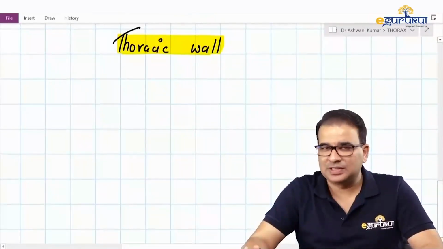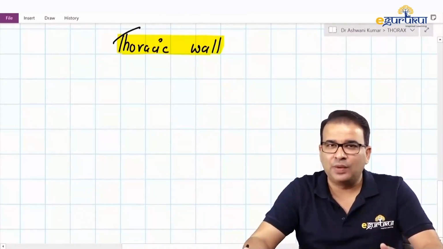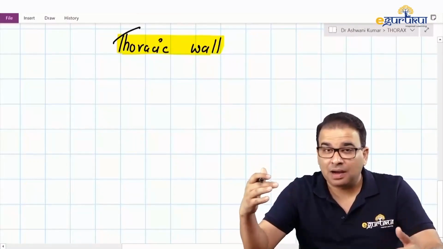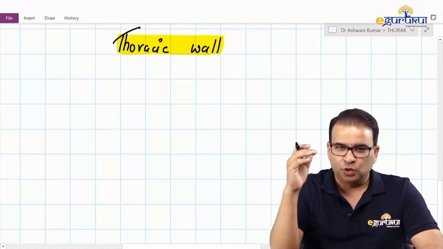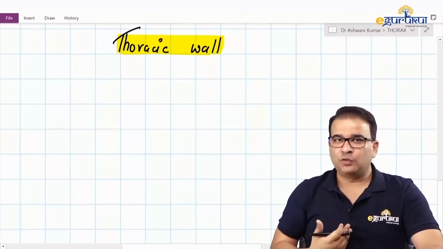So let's now start with the thoracic wall first. In the thoracic wall, guys, first we'll be looking at how exactly the thoracic wall provides you certain landmarks based on which you can divide the mediastinum inside. So to start with, let me take a sagittal section, and in the sagittal section, obviously you will see the